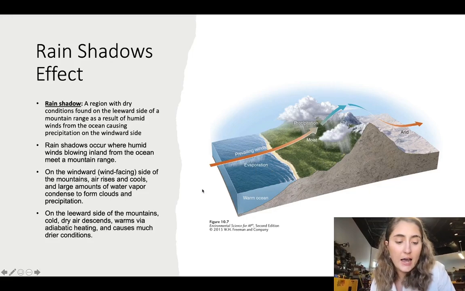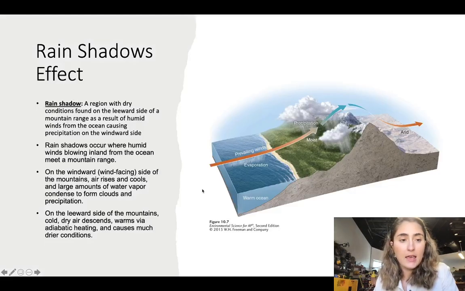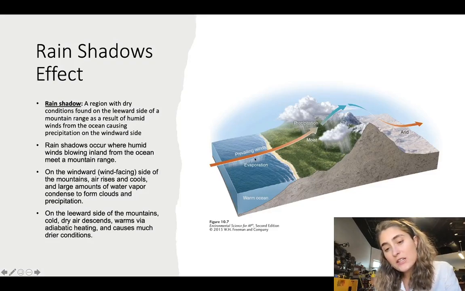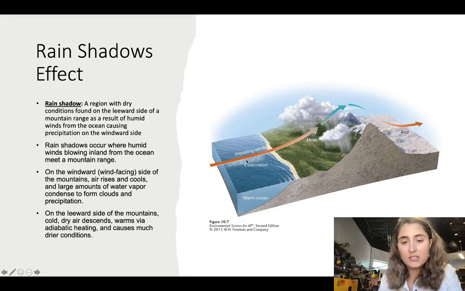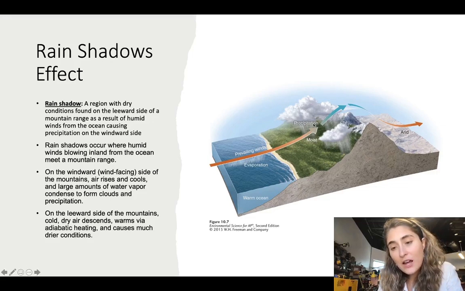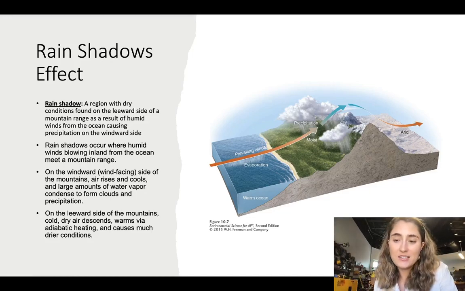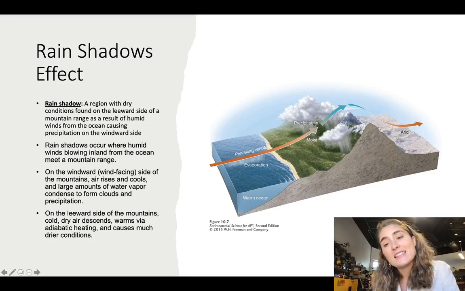So what you're seeing happening here is a prevailing wind coming off of an ocean. As this prevailing wind is coming off of the coast, it's picking up water, evaporating water off of the ocean. So what you get is this very warm, very humid, very moist prevailing wind, that as it starts to rise over this mountain range, you get precipitation because it reaches its point of saturation and you get tons and tons of precipitation. And then as that